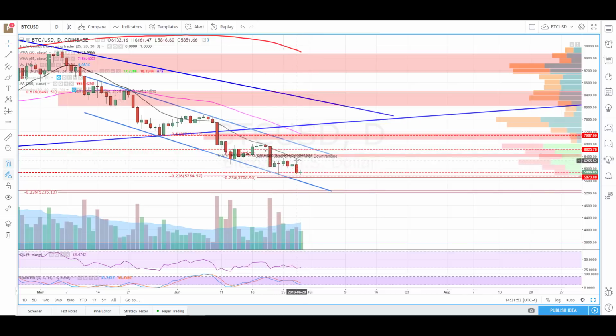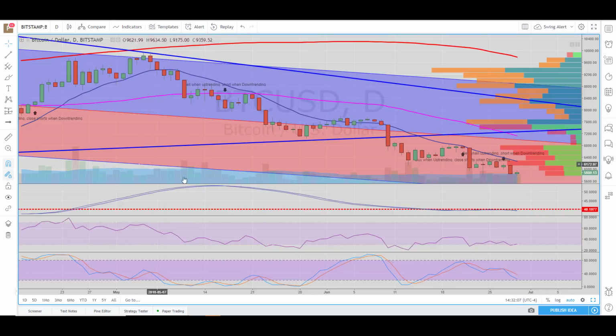Last time we had a sell signal was back up here at approximately the 60 or 82.93 level, and since then it has just been making lower lows. But one thing I wanted to show you guys, when we had that sell signal, if you look at our oscillator here,